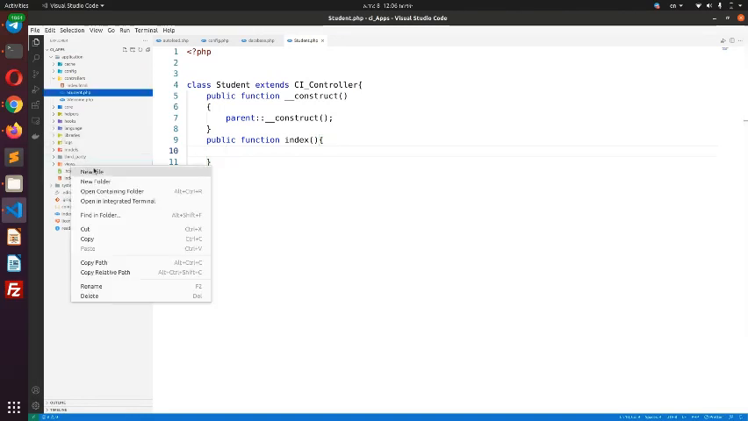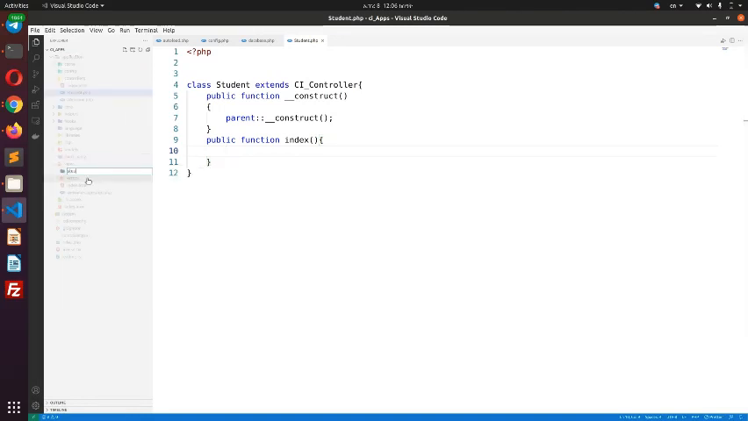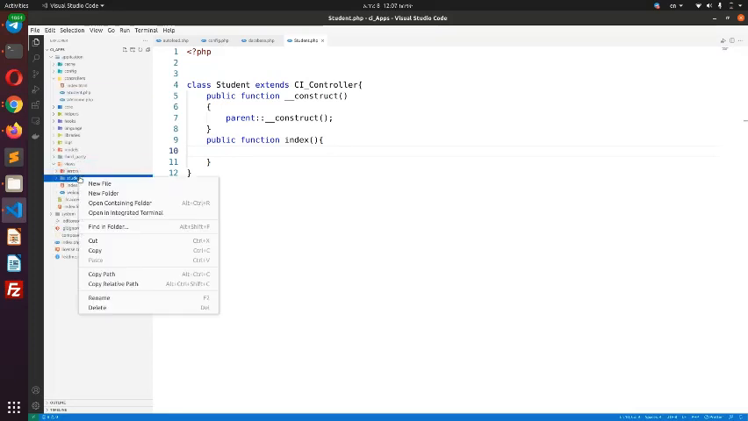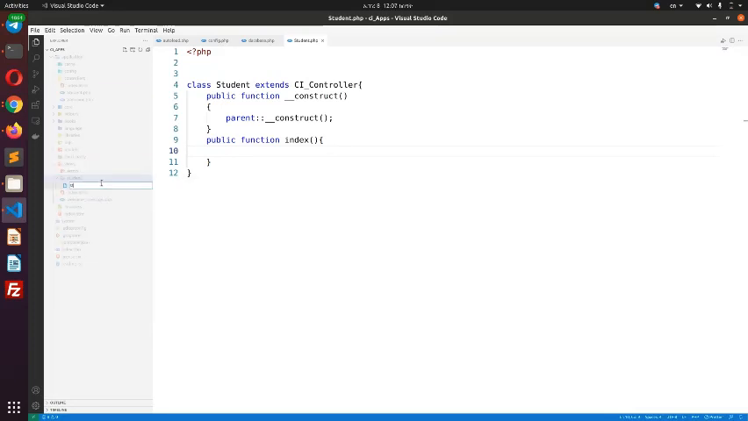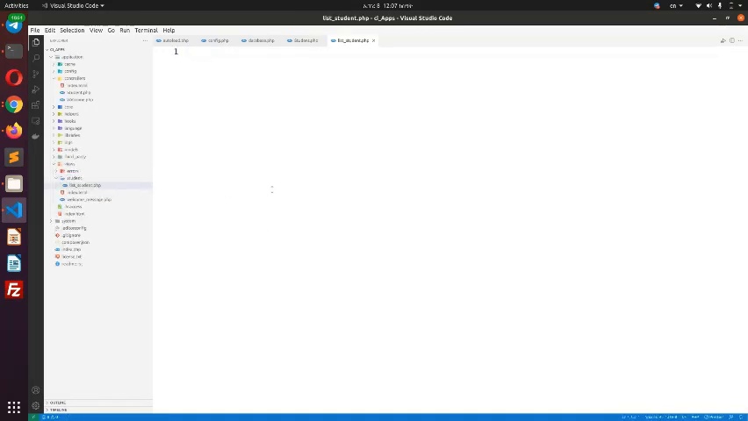In view, right click, new folder, student folder. In the student folder, new file list_student.php, list underscore student, list_student.php. In list_student, first of all,